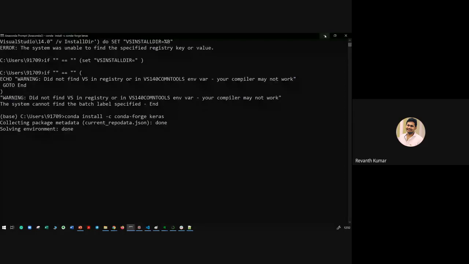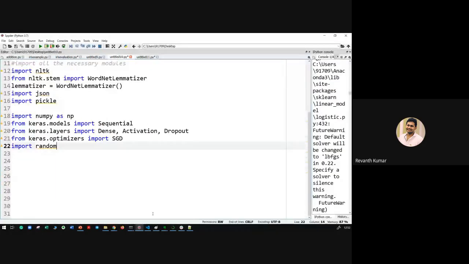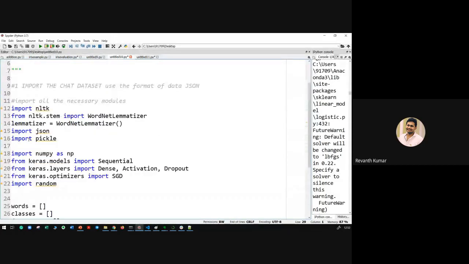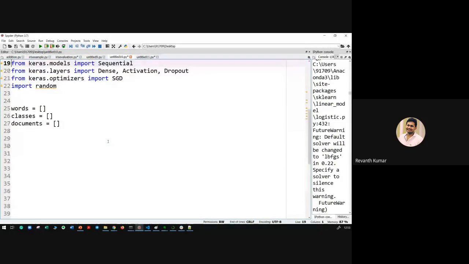Open Spyder, and all the imports are done. Now what I'm going to do is read the data set, and the data set is in a JSON format. So I'm going to create 3 different arrays: words, classes, and documents. We will build and give values to all these. Don't worry, I'll show you. And I'm going to make a small list called ignore_words, equal to, I need to ignore special characters,